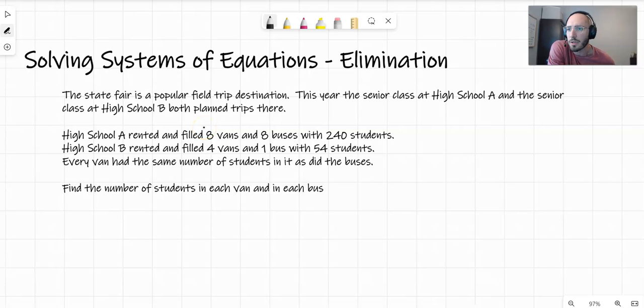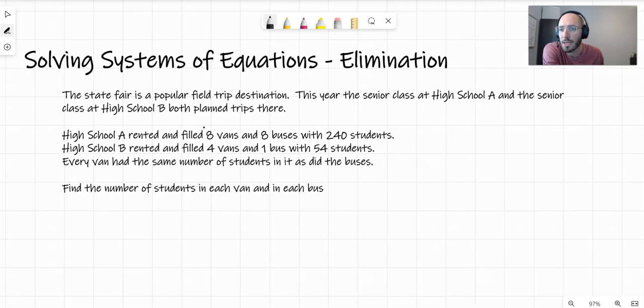Okay, so today we are talking about solving systems of equations using the elimination method. So we have a story problem here. This says the state fair is a popular field trip destination. So this year, the senior class at high school A and the senior class at high school B both planned